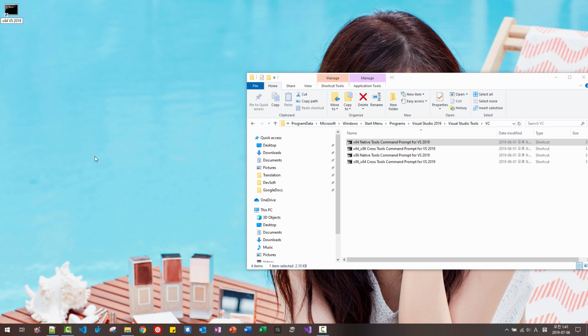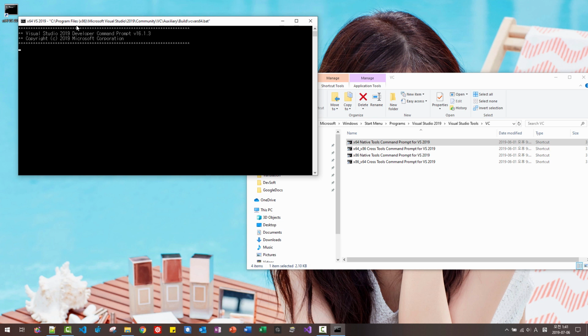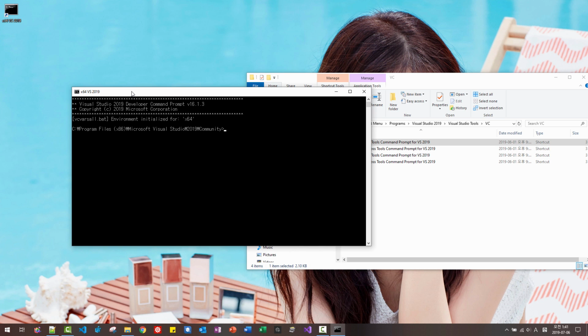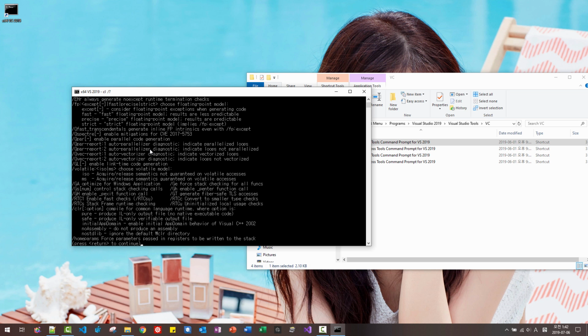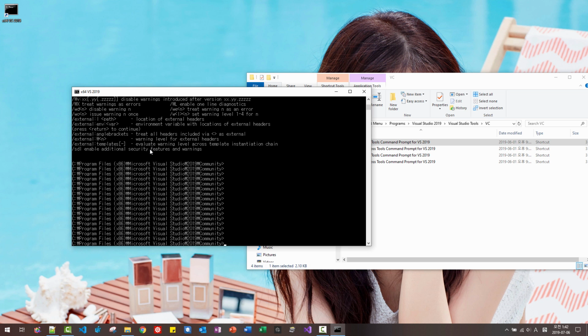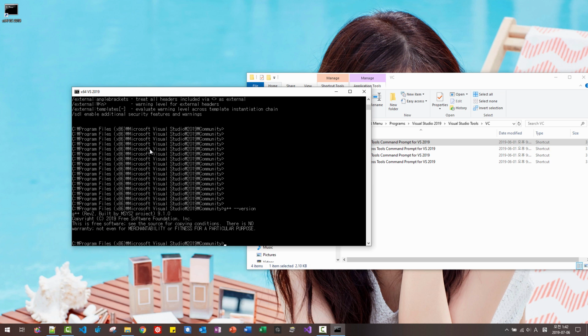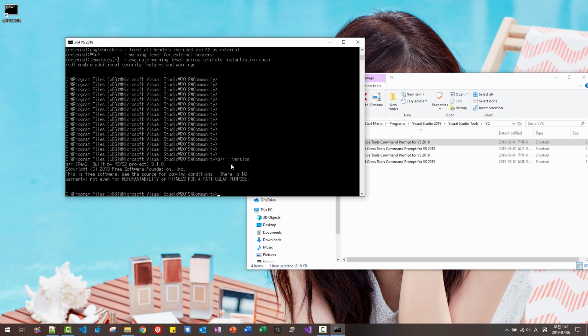x64 Visual Studio 2019. Hit enter. Double click it. Then you will see such things. CL, it should work. Okay. Also G++ version, it should work. You should have installed GNU G++